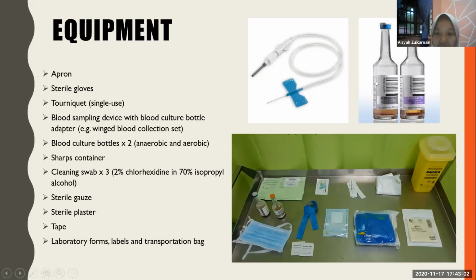So these two bottles are used in the blood culture procedure. And other equipment are the sharps container, which is used to dispose of the needles, cleaning swab to clean the venipuncture site, sterile gauze, sterile plaster, tape, and also laboratory form